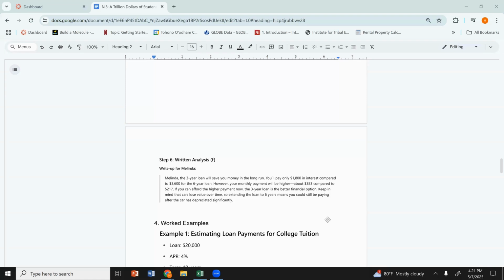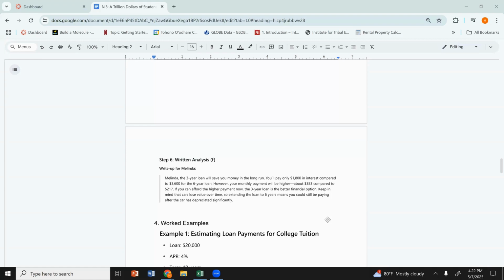However, her monthly payment would be higher, about 383 for the 3-year loan compared to 217 for the 6-year loan. So if she can afford a higher monthly payment, then I think the 3-year loan is a better financial option. But you also have to remember that cars are depreciating assets, so their value